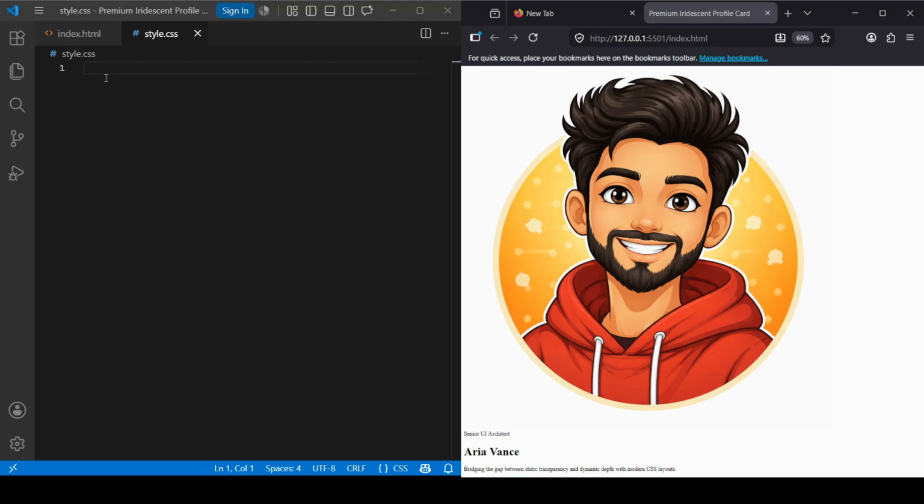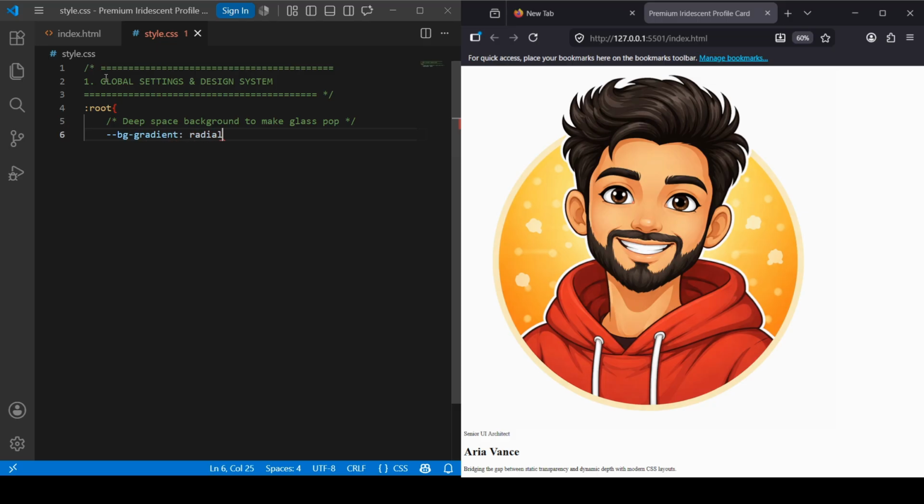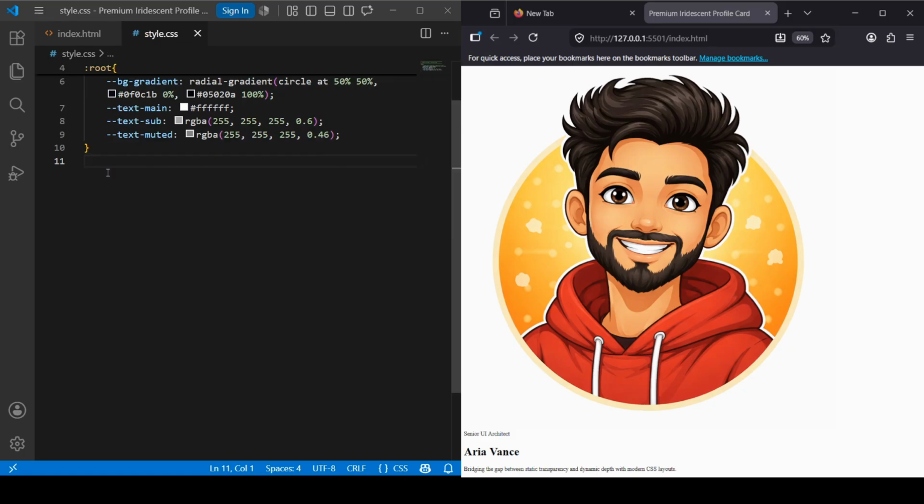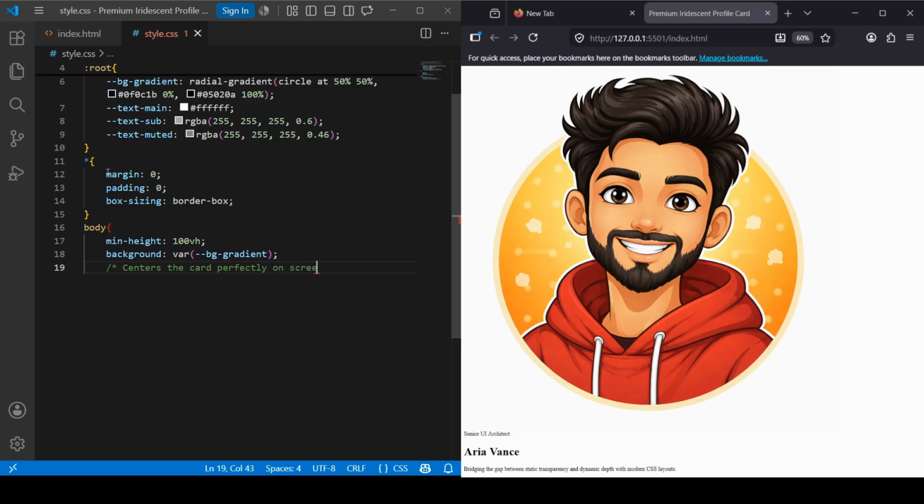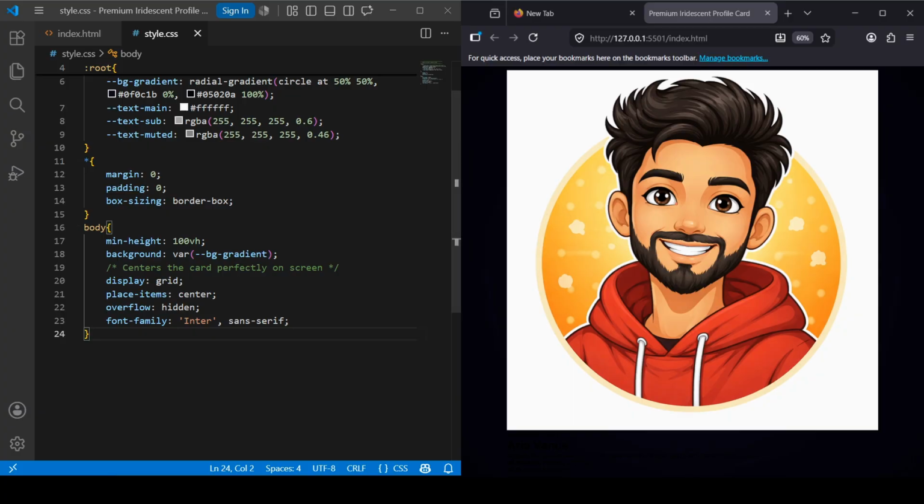First, we'll set up our global CSS variables. These include the background gradient and the text colors we'll use throughout the project. This approach keeps our code clean, organized, and easy to maintain. Next, we reset the default margin and padding for a clean layout. Then we style the body by adding the background, centering everything on the screen, hiding overflow, and applying the Inter font